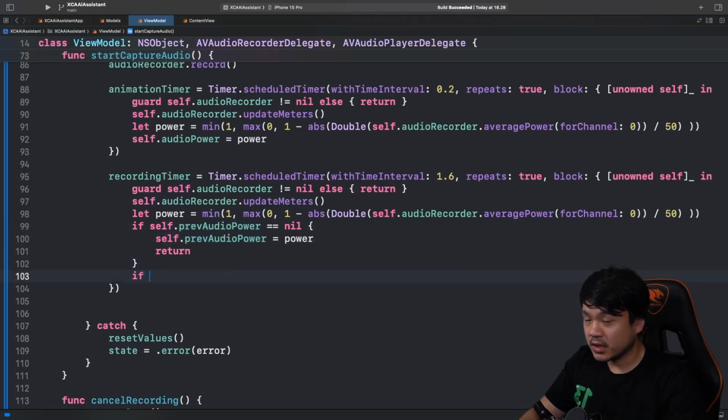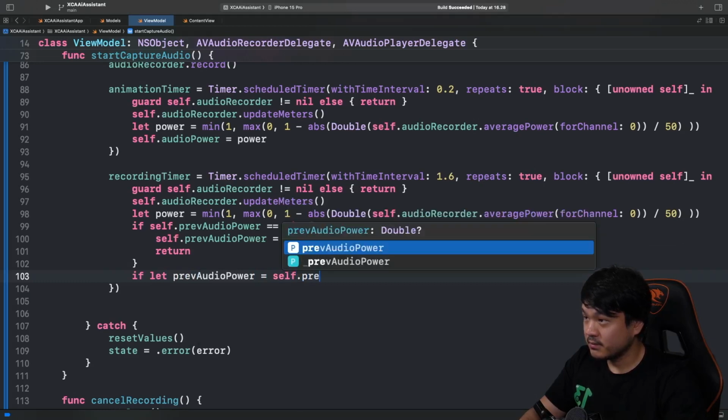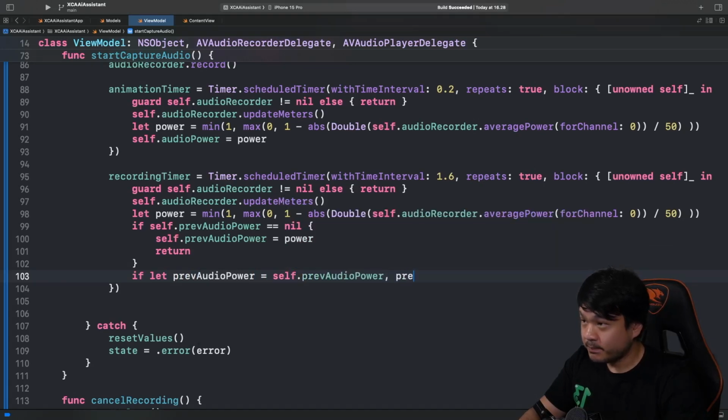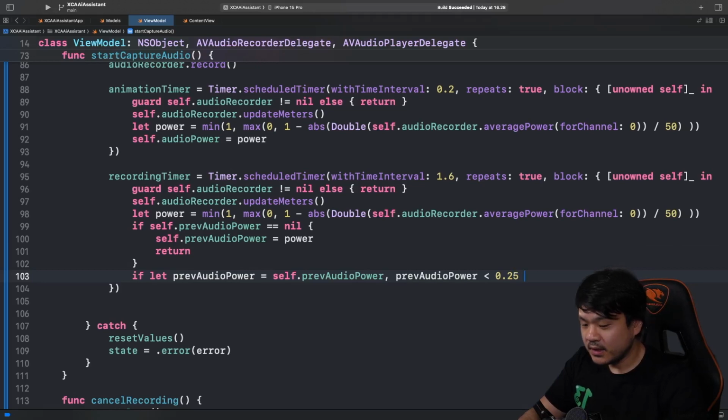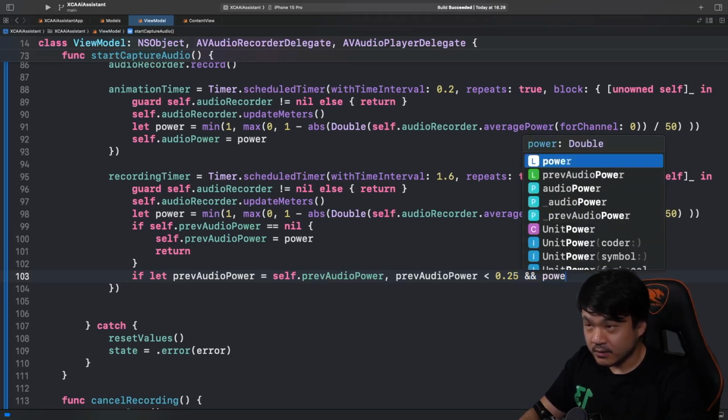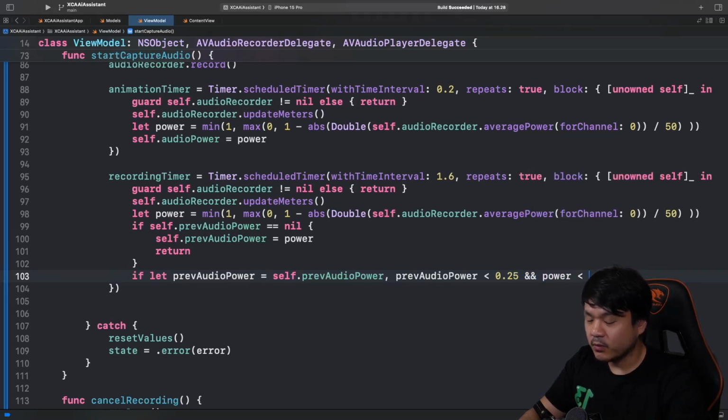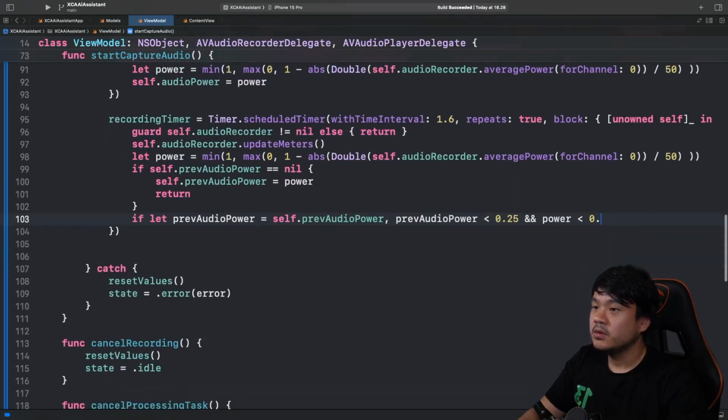In here, I'm going to check if the prev audio power exists, right? And the prev audio power is less than 0.25, okay? And the current power is less than 0.175, okay?